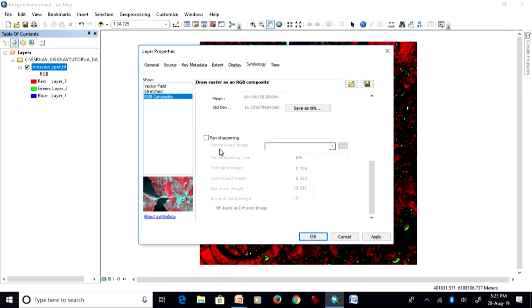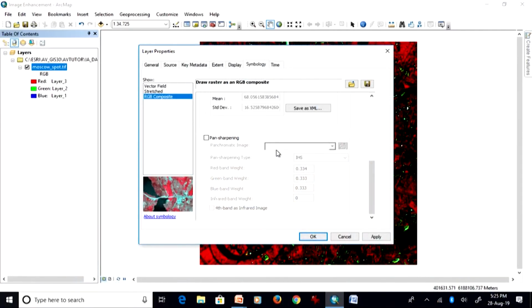There are some other options available in this particular software, which I want to just mention, a few more minutes here. That is pan sharpening. Pan sharpening means, if you recall the image merging technique which we have discussed, a low spatial resolution multispectral image with high spectral resolution is merged with a panchromatic image. That image merging or image fusion is also called pan sharpening. That can also be done. Then you require a pan image for the same area, which of course has to be georeferenced or registered to this image also, and then you choose different methods.